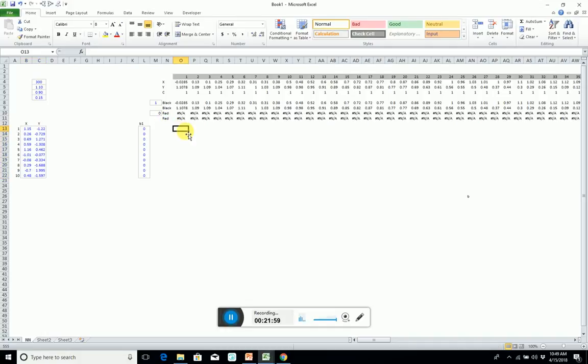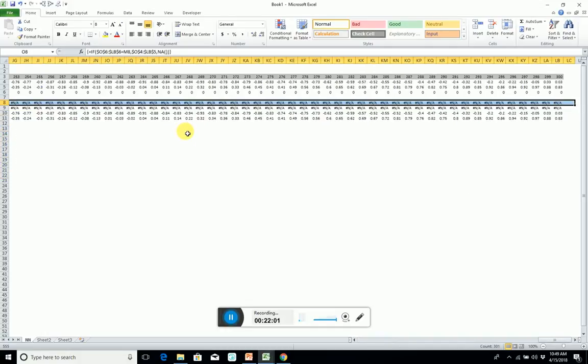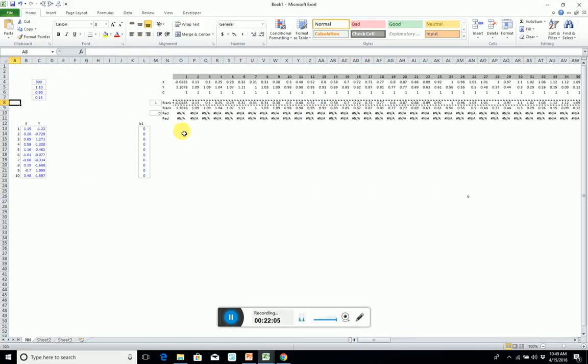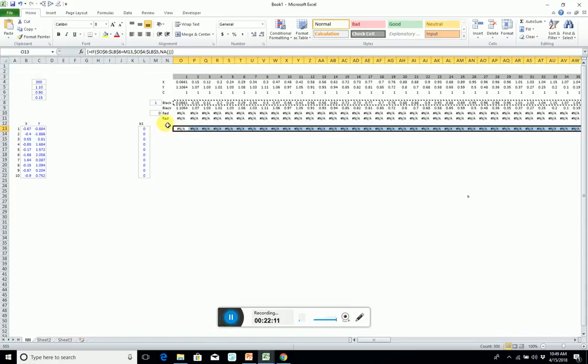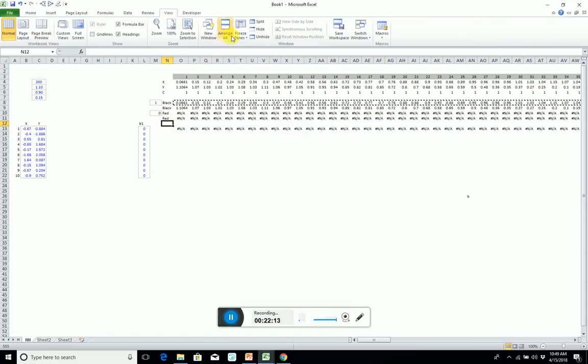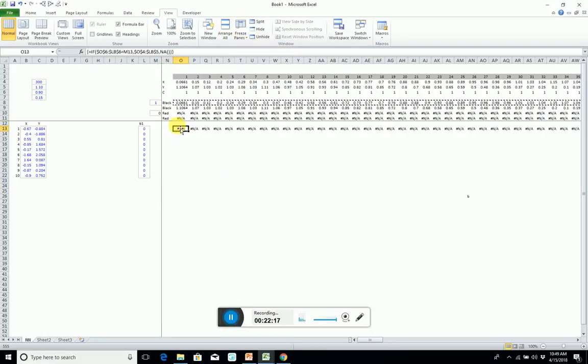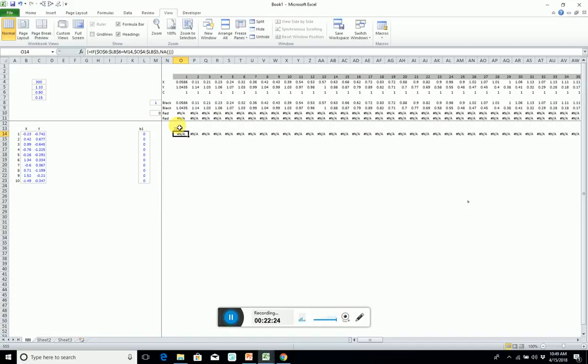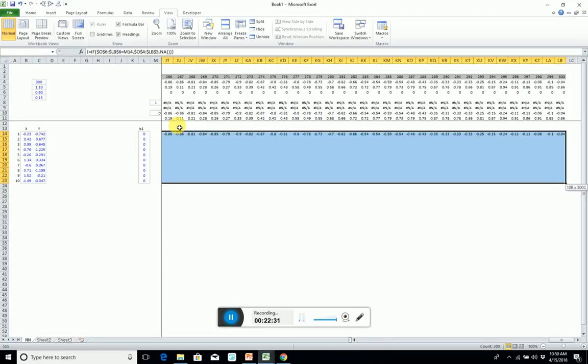So now we need to do effectively the z bit. So I'm going to just take a block of data that's about the right size and pop it there. I'm also going to freeze the pane here, so that we don't have to keep darting all over the place. And I'm going to put a little extra space in. I'm going to call this one z1, because this is the function y equals mx plus c that we're doing on the inputs. And the way we do that is equal to